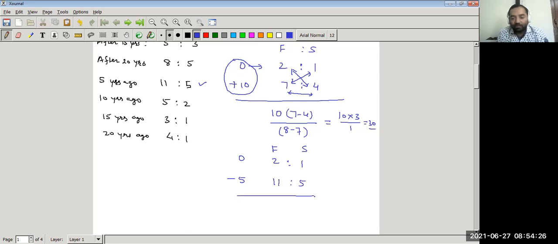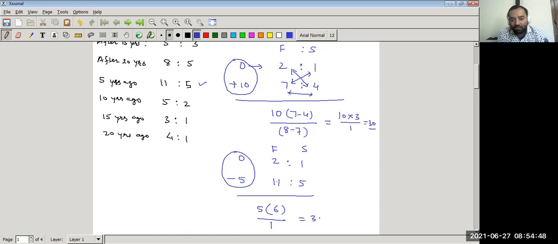So now we have to find the present age. Quickly, what is the gap? Gap is 5 years. Don't take negative. You have to take the gap, right? So 5 gap, how much is it? 5 years. 11 minus 5. 11 minus 5 is 6. Divide by 5 2s are 10 minus 11 1 is 11. So 11 minus 10 is 1.